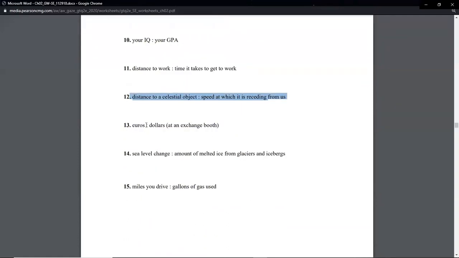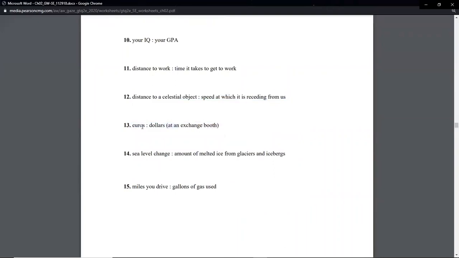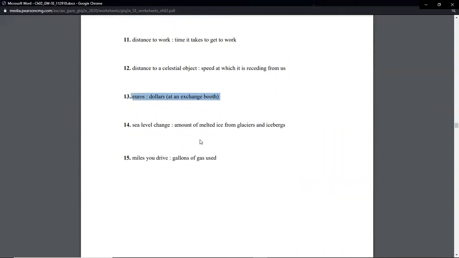Okay? Euros to dollars, currency exchange. We're going to be covering an entire section that kind of bases off of this. And it goes into proportional relationships, spoilers. Sea level change versus the amount of ice melted from glaciers and icebergs. This might be a more challenging one. I don't want to spoil the answer. Maybe Google something about that if you think that it is proportional, or if it's not proportional, but I'm not exactly expecting this one to be right,